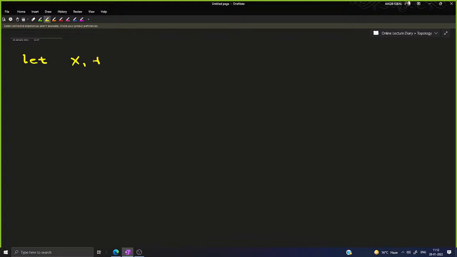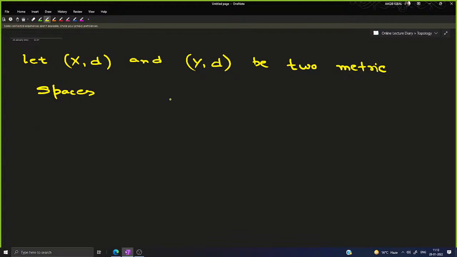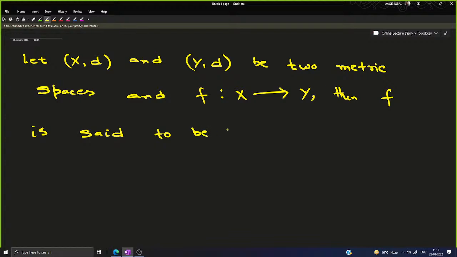Let (X, d) and (Y, d) be two metric spaces and f be a mapping from X into Y. Then this mapping f is said to be continuous on the space X